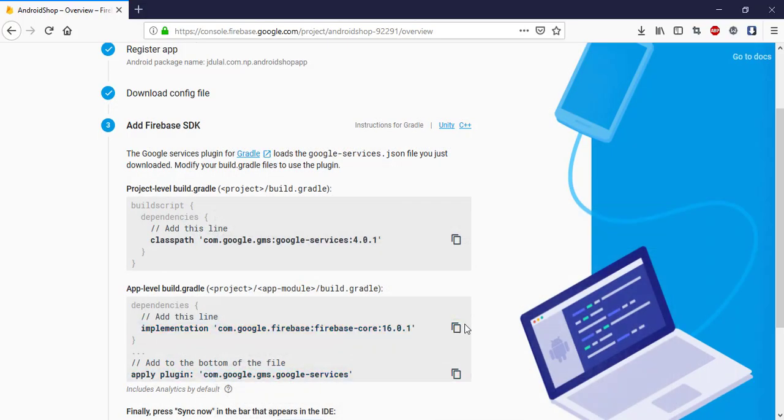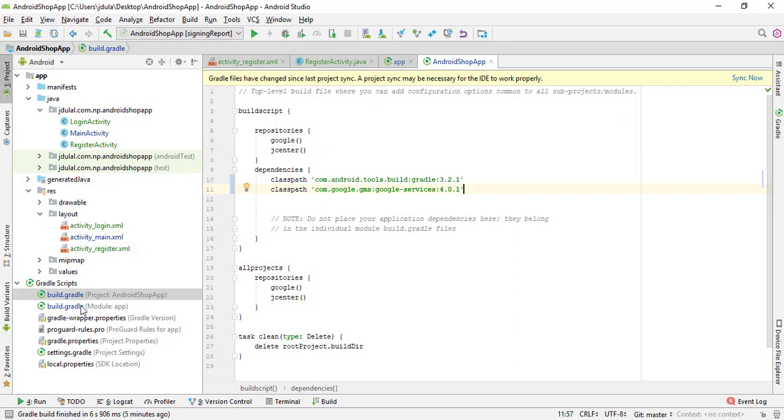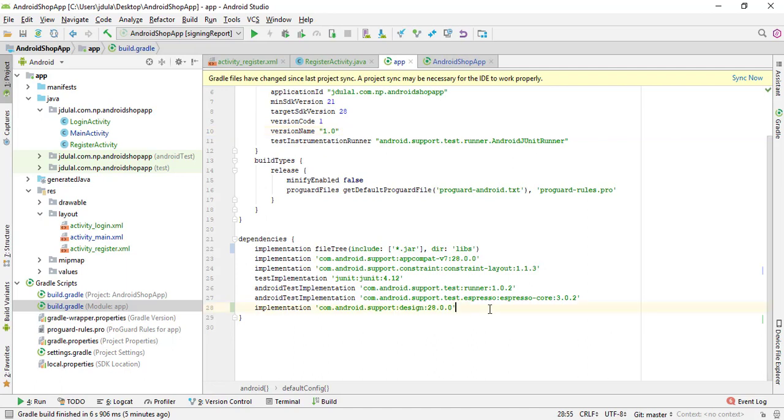So the next one is the app level, so I am using it in the app module,